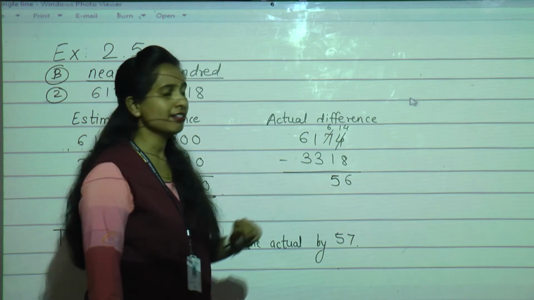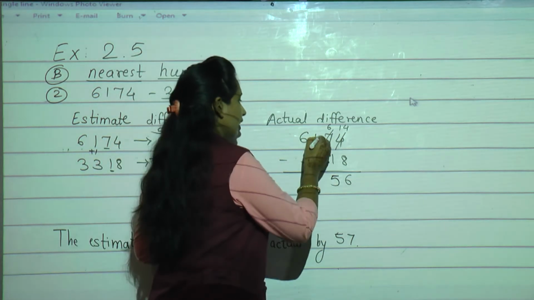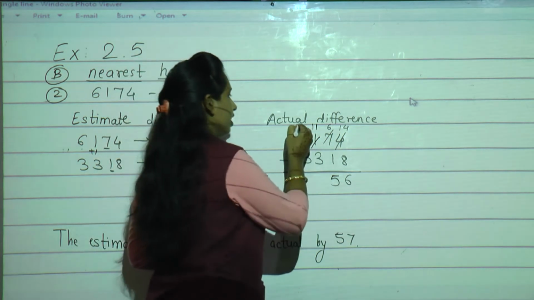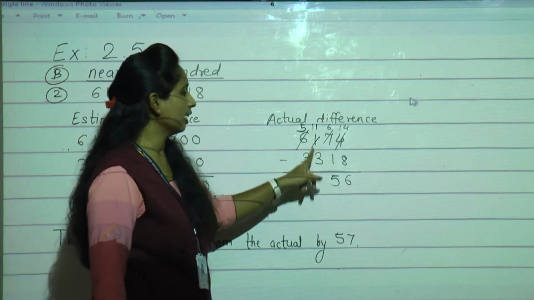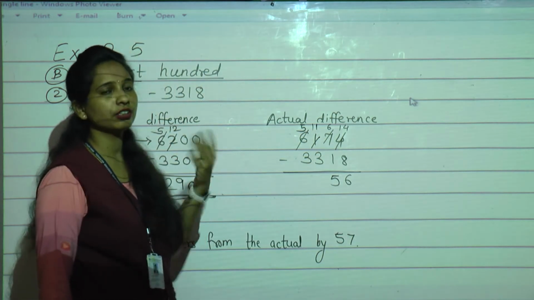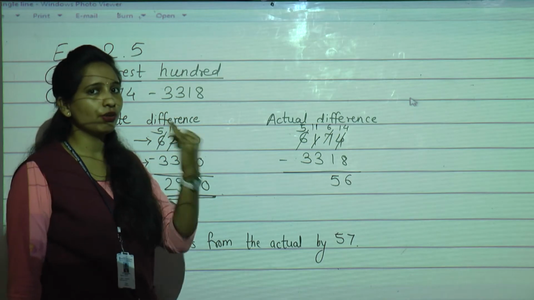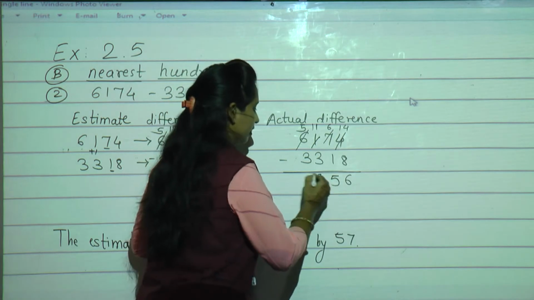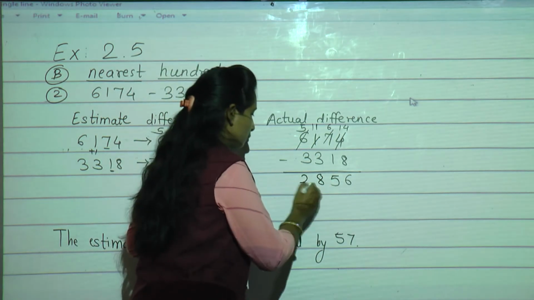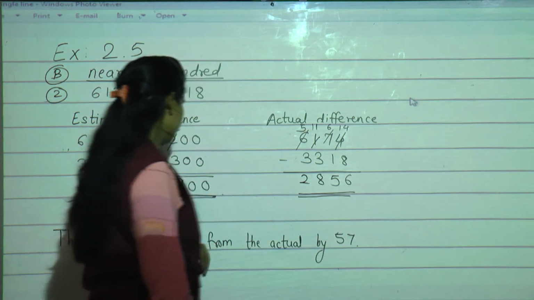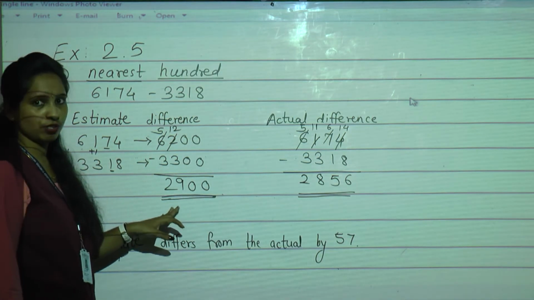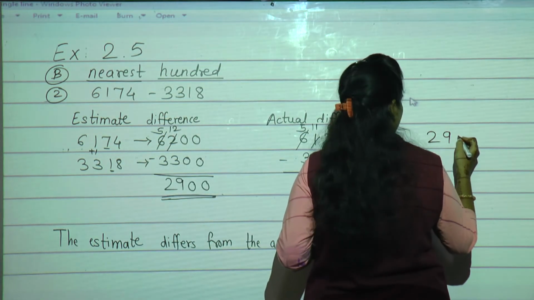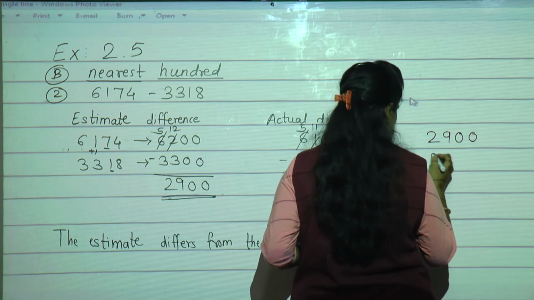Good. Then 1 minus 3. Again we cannot do. So cut the 1, write it as it is. Take a borrow from the neighbor. The neighbor is having 6. He will give 1. 5 will remain. Now again 11 minus 3. Count after 3 till 11 comes. 3 after 4, 5, 6, 7, 8, 9, 10, 11. How many? 8 will remain. Now 5 minus 3 is 2. So this is the actual difference. Now see which is the greater number, 2,900. Okay, now we will see how much the estimate and actual differ.